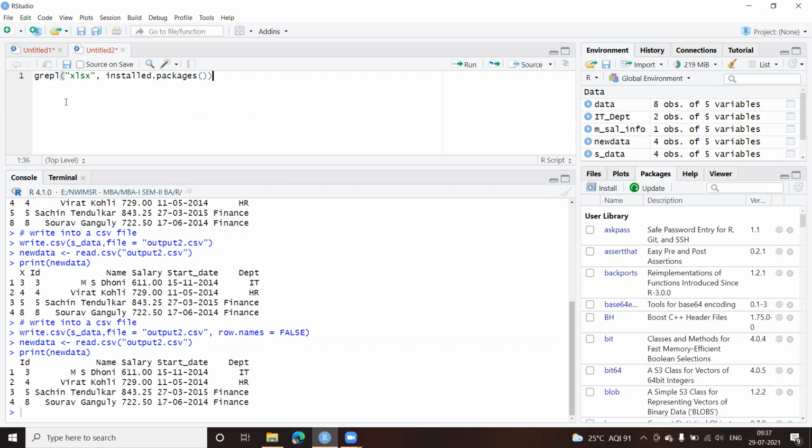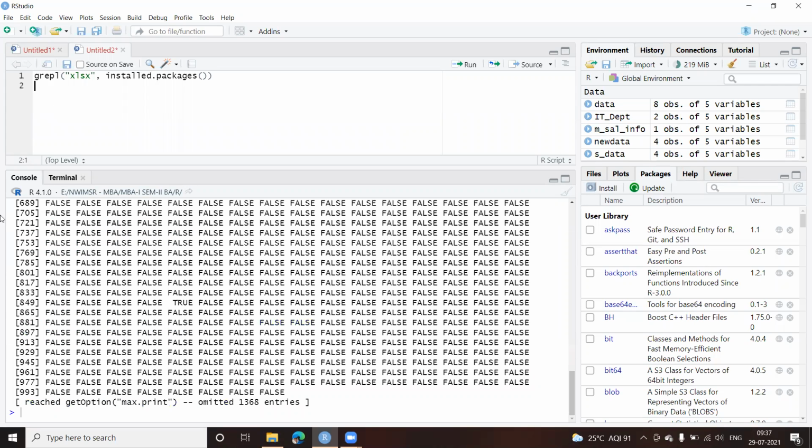But look at this when I run it. I'm getting so many false values, because it is checking each and every entry that installed.packages returns, and for each element it gives either true or false. I don't want this. I want it to give true if there's even one match, and false if no string matches.